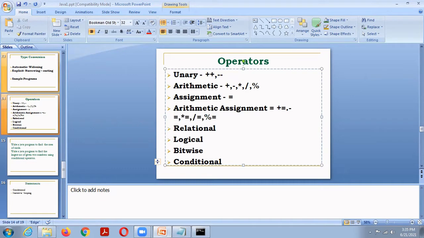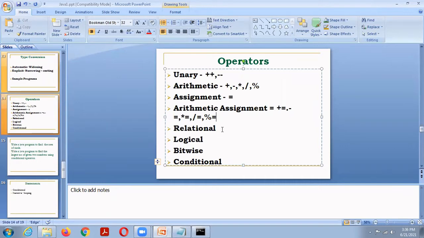So these five are arithmetic assignment operators. It joins arithmetic and assignment operators: plus equal to, minus equal to, star equal to, slash equal to, percentage equal to.